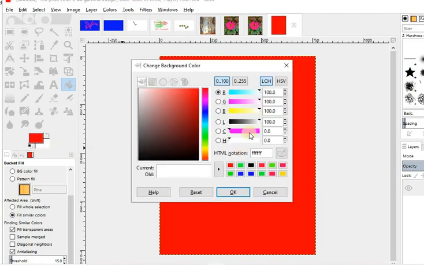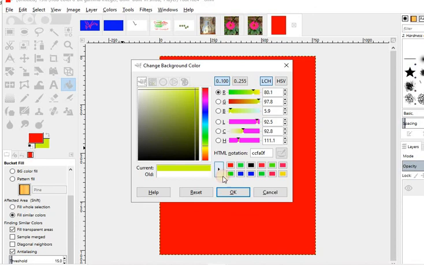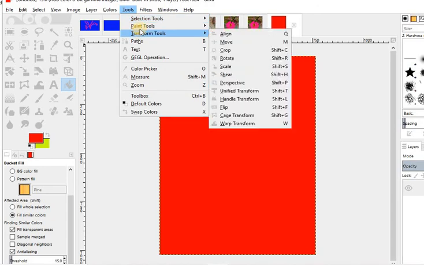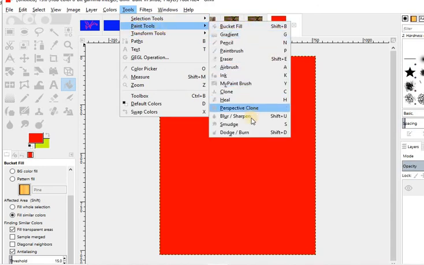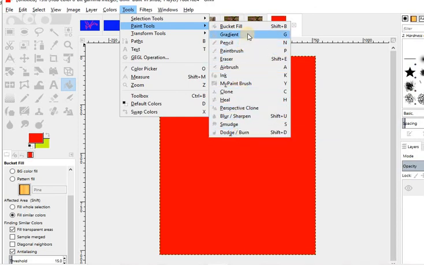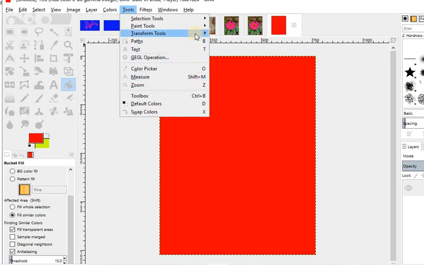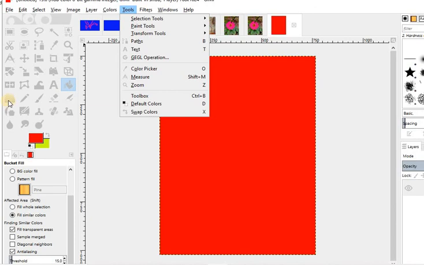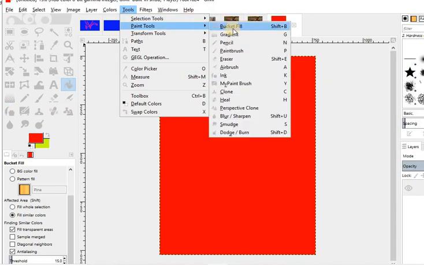Okay, and make this the foreground color. And what we can do, just go to the tools and the pen tools. Inside the tools we have pen tools, and here we have smudge tools. No, it is the blend tool. Okay, just transform, gradient. This tool is named as the gradient tool here.